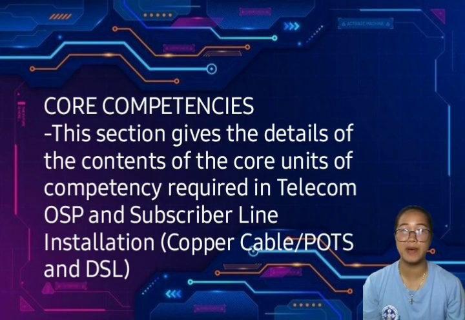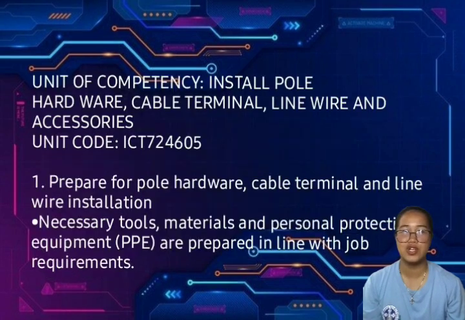So what are core competencies? This section gives the details of contents of core units of competency required in telecom OSP and subscriber line installation, copper cable, POTS, and DSL. So these are the units of competency: install pole hardware, cable terminal, line wire, and accessories. Unit code ICT 724605. This unit covers the outcomes required for installing pole hardware, cable terminal, line wire, and